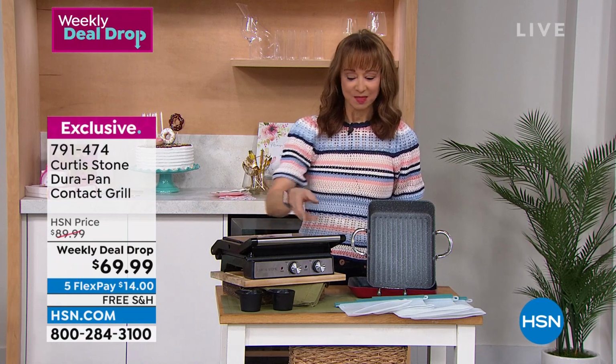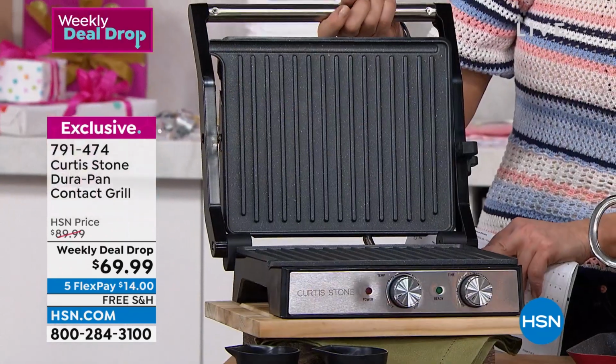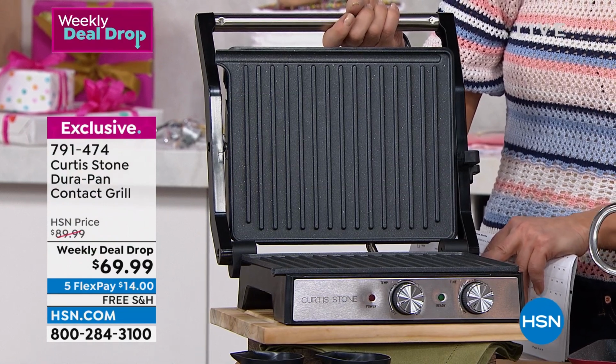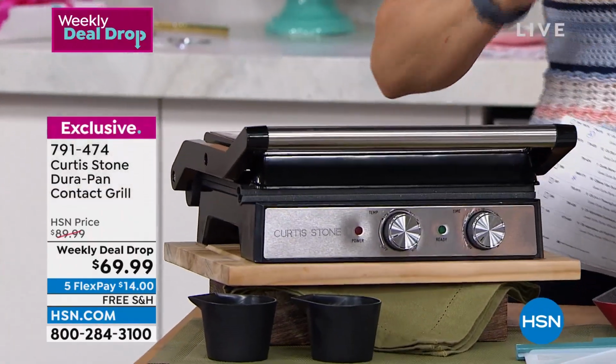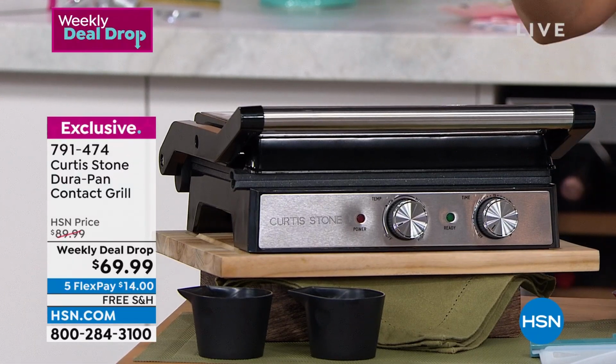I am gonna be buying this because it's a 2-in-1. This is a special hinging mechanism where you can open it up, and I don't care whether you're doing hamburgers or hot dogs or quesadillas. You can double your square footage on this with one little press of a button. That is coming up in limited quantities in my show. And then,